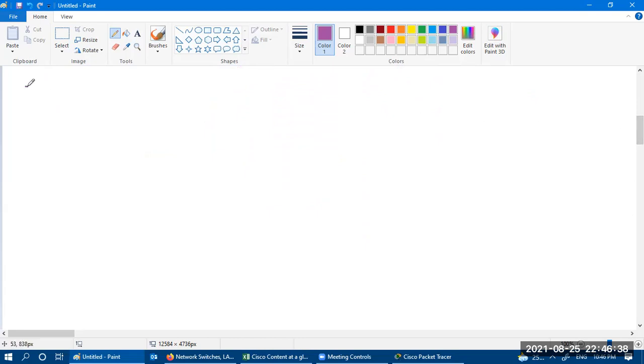Okay. If you talk about the operating system of a switch, inside the switch we have CAT OS, which is called Catalyst OS.